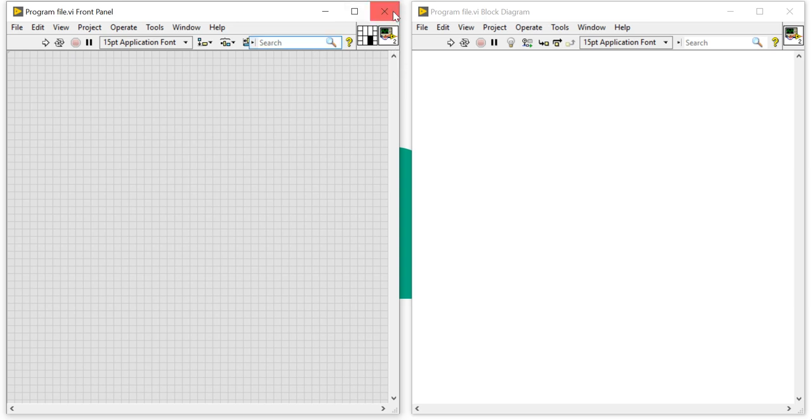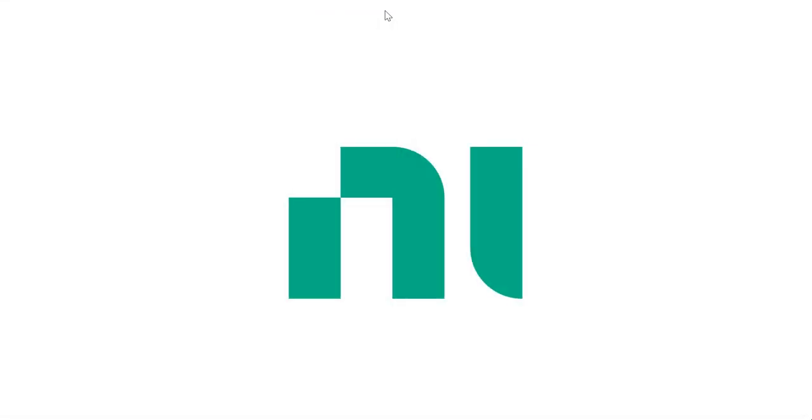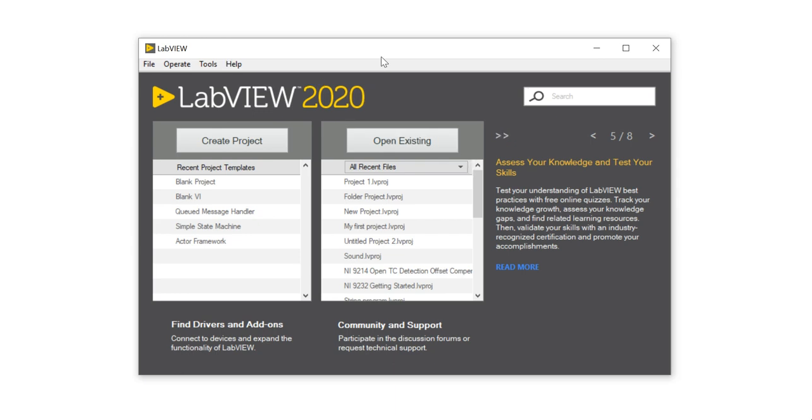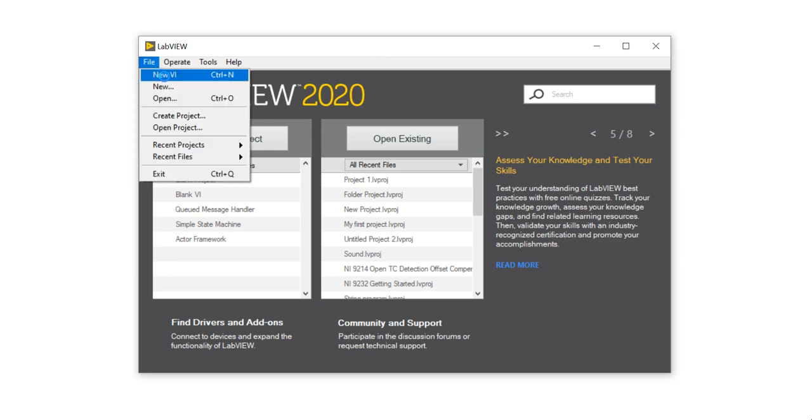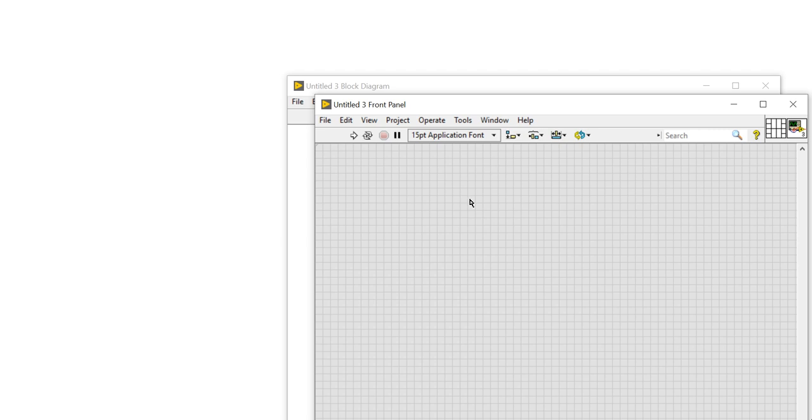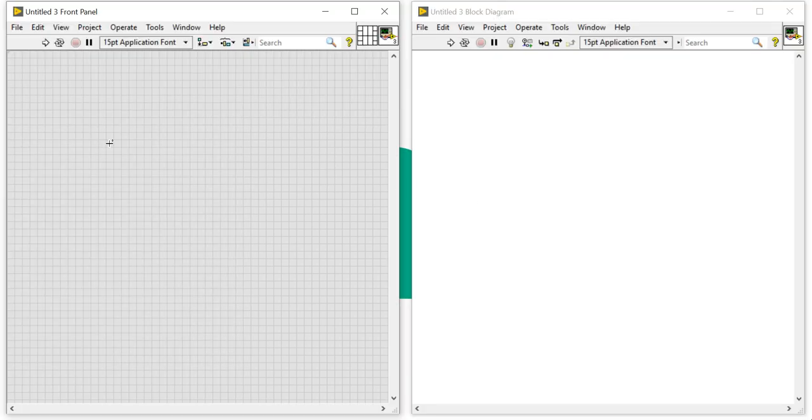Let's try to write a program. So here I am going to close this VI. When I close this VI, I will get the getting started window again. I am going to enter here. Now press Ctrl T to align both left and right. Let's try to write a first program. Here I am going to write a program to generate a number.